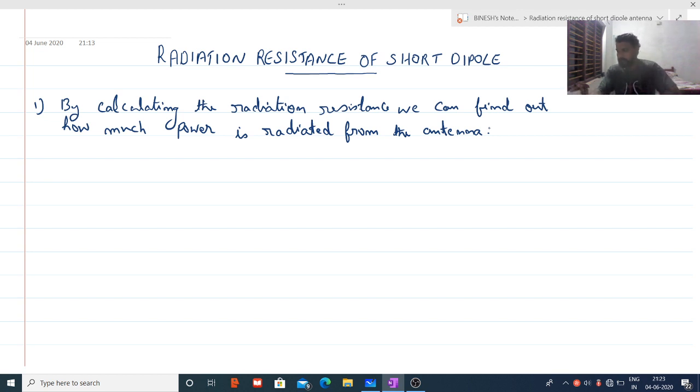So in order to calculate the total power radiated from a small dipole antenna, we will utilize the surface integral of the average Poynting vector around any surface. Normally, you know the average Poynting vector is nothing but the power flow per unit area. The simplest surface we may choose here is the sphere, where the antenna is kept at the center of the spherical coordinate system.